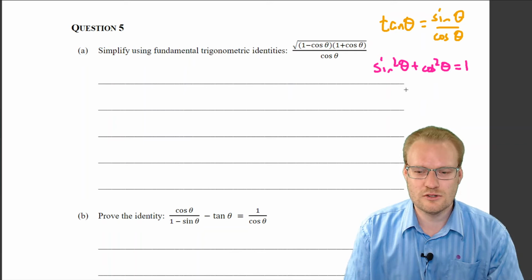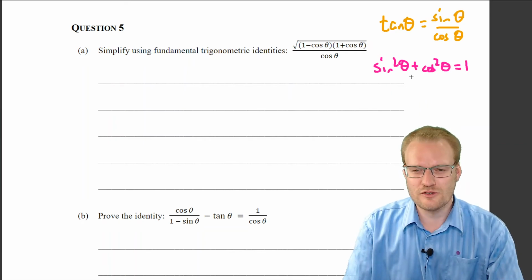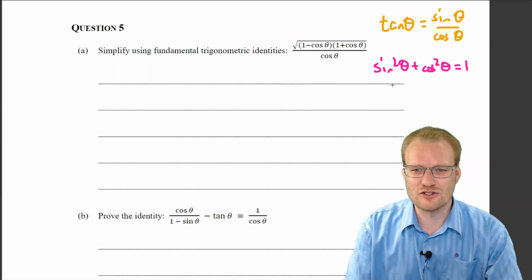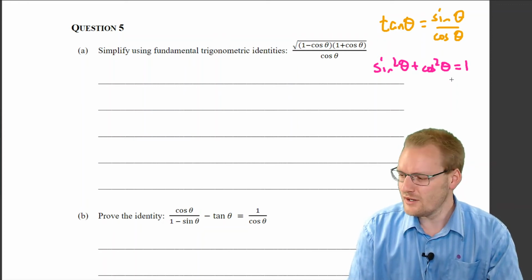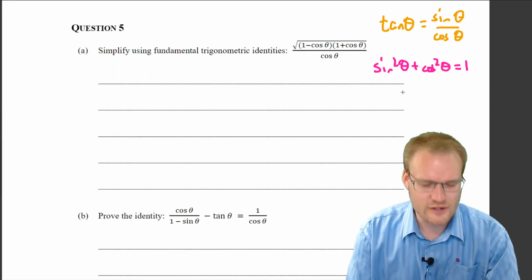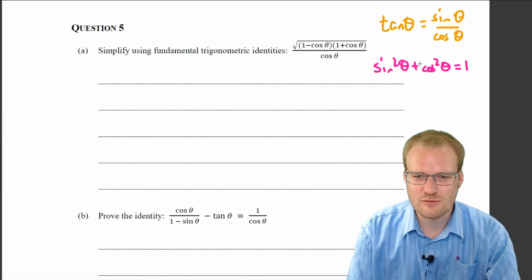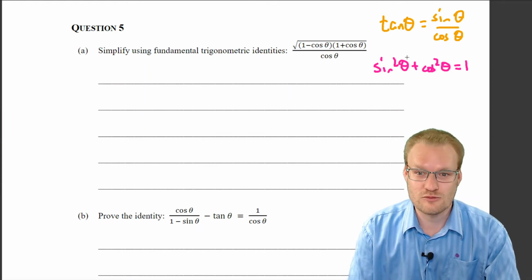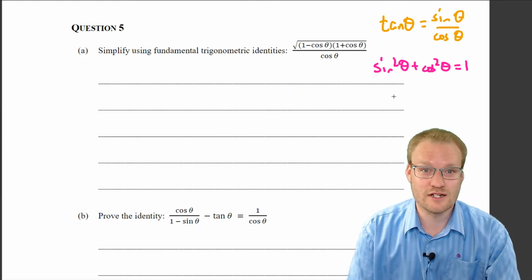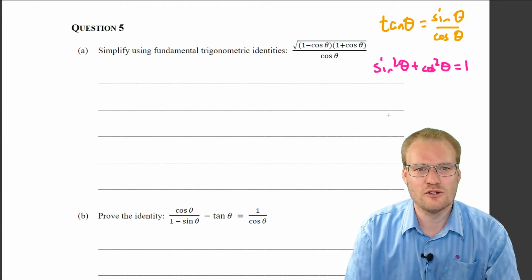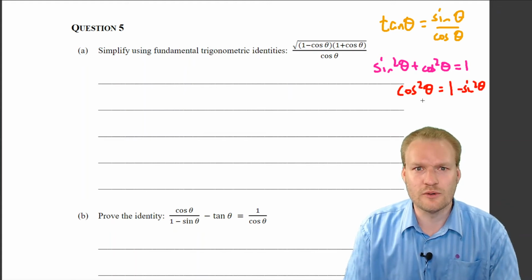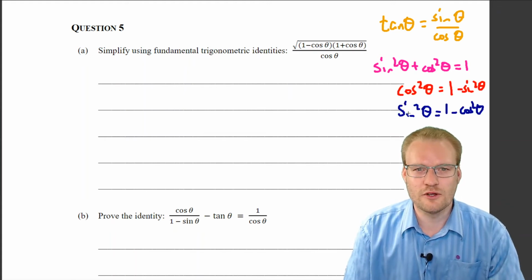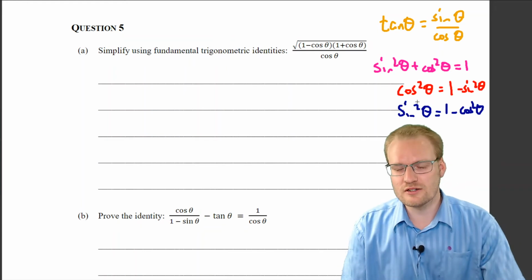And what we said was kind of useful was that it would be useful to write down the other two variations on these. So we've got sine squared theta plus cos squared theta equals 1, and then we can just reference those other ones. If we subtract sine squared, we'll have the cos squared one, and if we subtract cos squared, we'll have the sine squared one. So let's jot down those two and put down the other one. And now that we've got both of those for reference that we can look at whenever we want to,